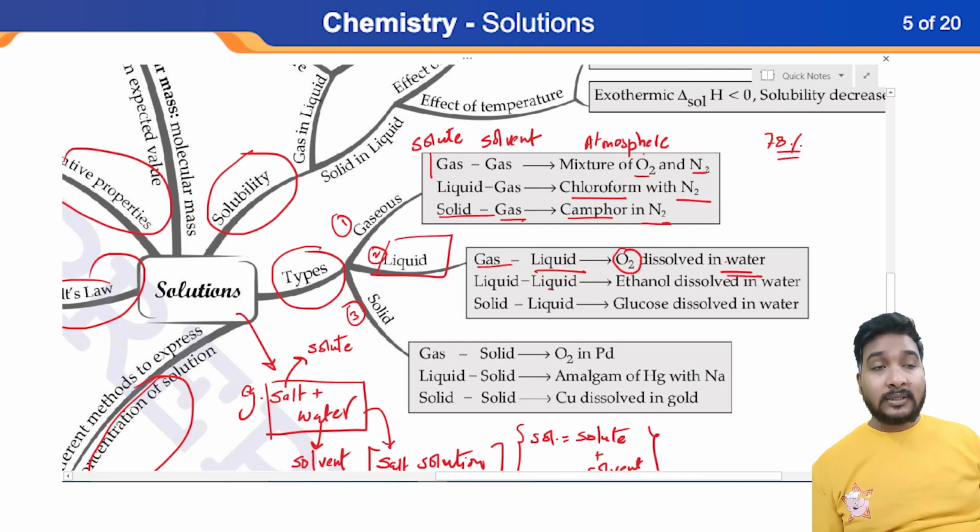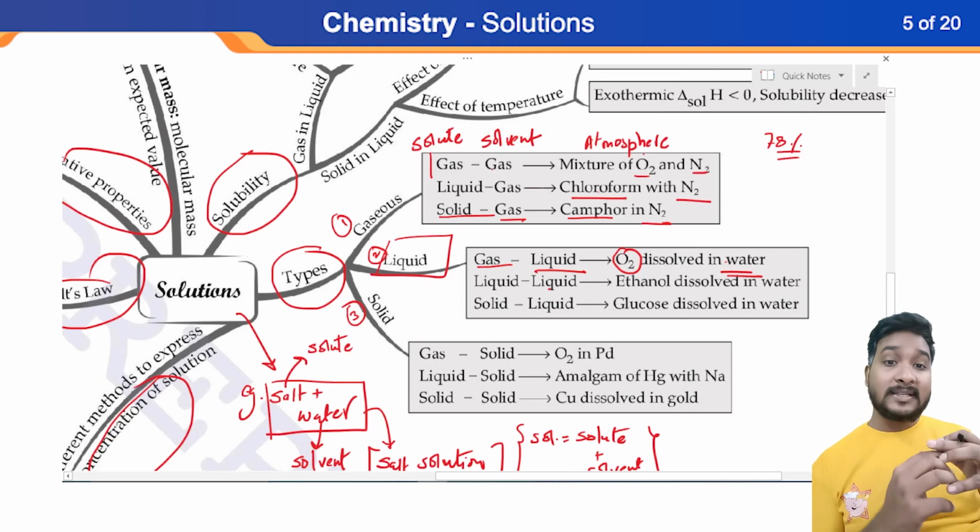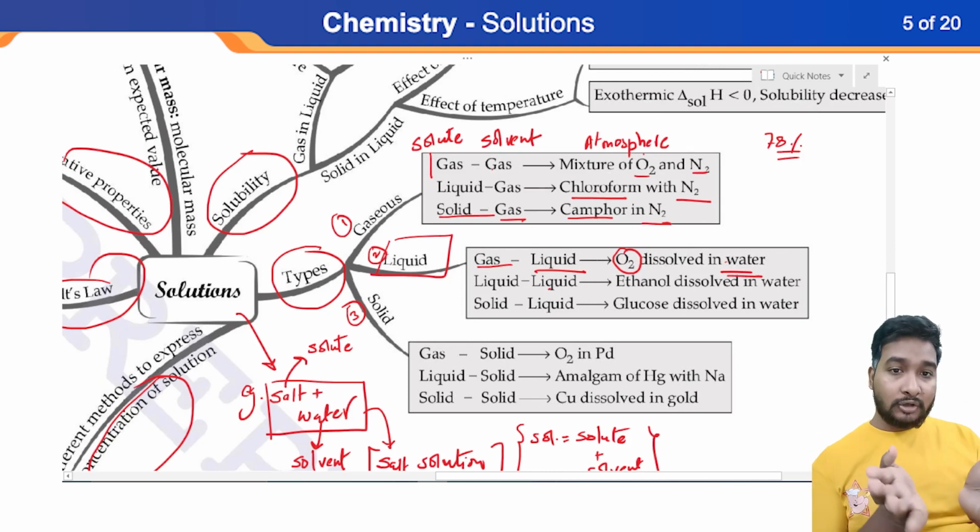Okay, so assume all the oxygen gas is removed from the water. All these fishes, all the aquatic animals will die suddenly, or not suddenly, we can say instantly. So oxygen is a very essential molecule for living organisms like us. But we have to take this example in which solution? So we are taking this example in liquid solution where liquid is more, water is more, but dissolved oxygen is